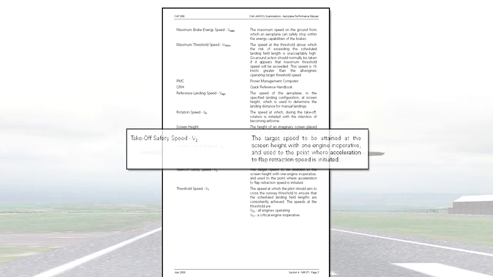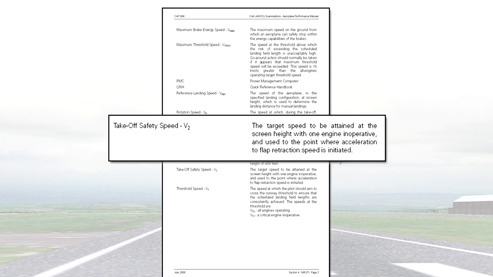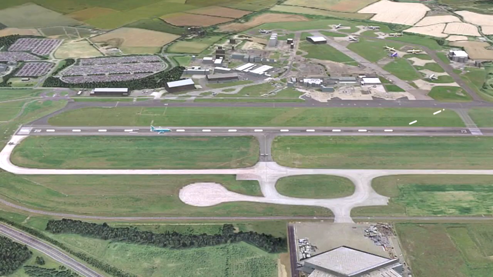The speed V2 is called the takeoff safety speed. On page 3 of section 4, in Cap 698, it states that V2 is the target speed to be obtained with one engine inoperative. In other words, V2 must be reached at or prior to the screen height. Why is V2 called the takeoff safety speed? What is safe about